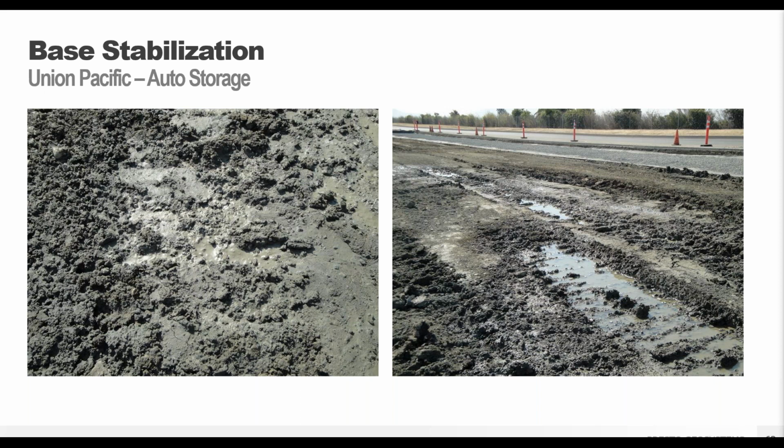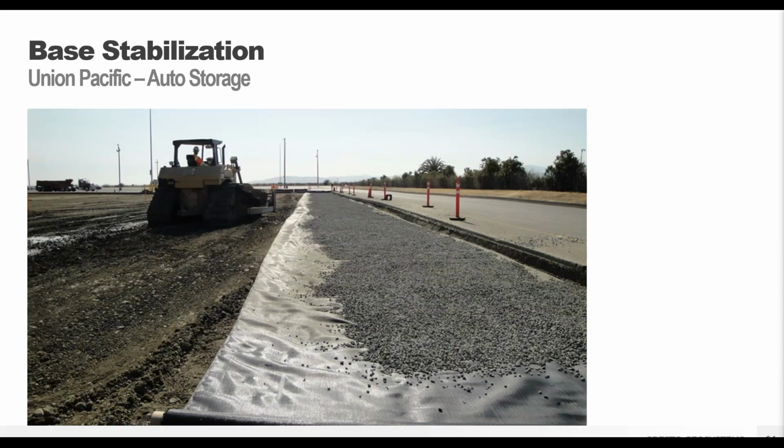So the original design included multiple layers of geogrids with a really high quality aggregate. When construction started, the subgrade was discovered to be even wetter and softer than anticipated, and so the geogrid solution was no longer effective. The local engineer contacted us to provide a value engineered solution using the GeoWeb system. So we worked closely with both the engineer and the railroad to provide our solution. And it consisted of a woven geotextile, again, used because it was this incredibly wet, soft subgrade, and then a 6-inch base layer and a 6-inch deep GeoWeb panel.